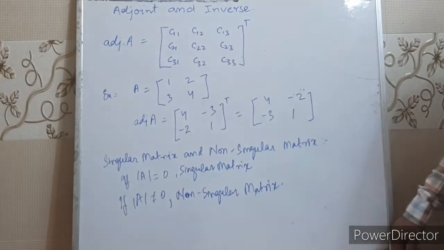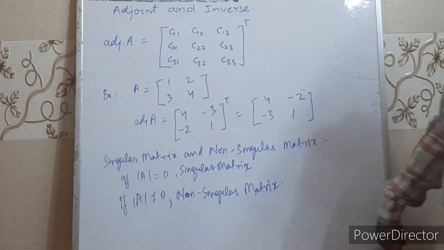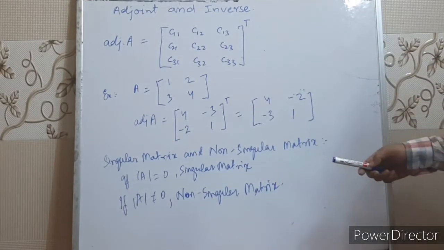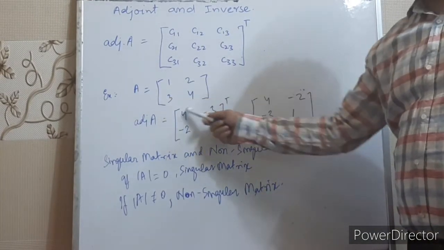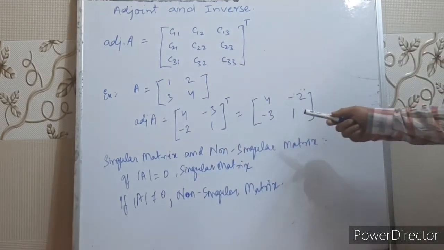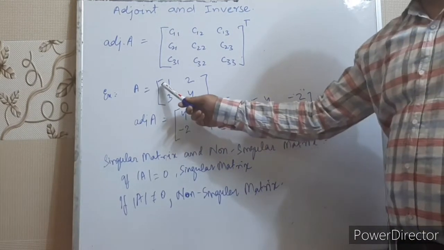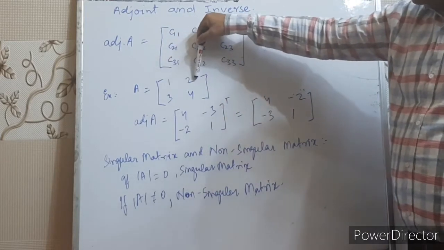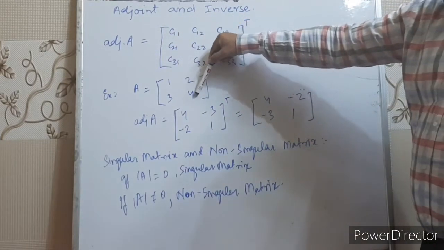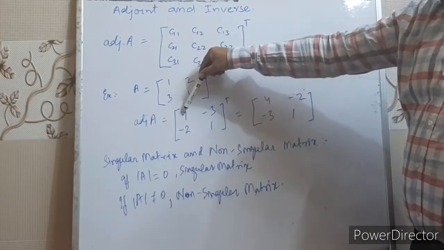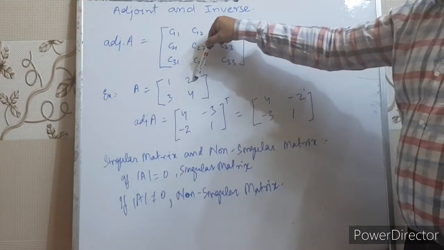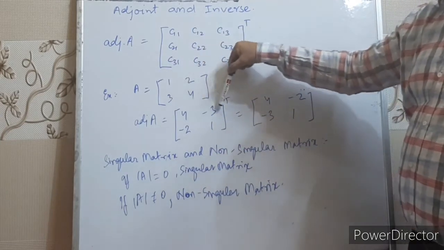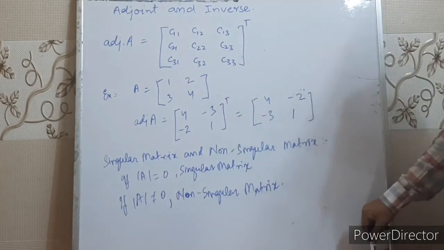Now see this example. Suppose a matrix A is given as 1, 2, 3, 4 and we have to calculate the adjoint of A. Now what we'll do, children, is calculate the cofactors of this matrix. This is a square matrix, that means we can calculate the adjoint of this matrix. Suppose we are calculating the cofactor of first row and first column. So this row and this column will get cancelled. What will be left? 4, and this has a positive sign, so plus 4. For the first row, second column element, this row and this column will get cancelled. This will be minus 3 because this place has a minus sign.